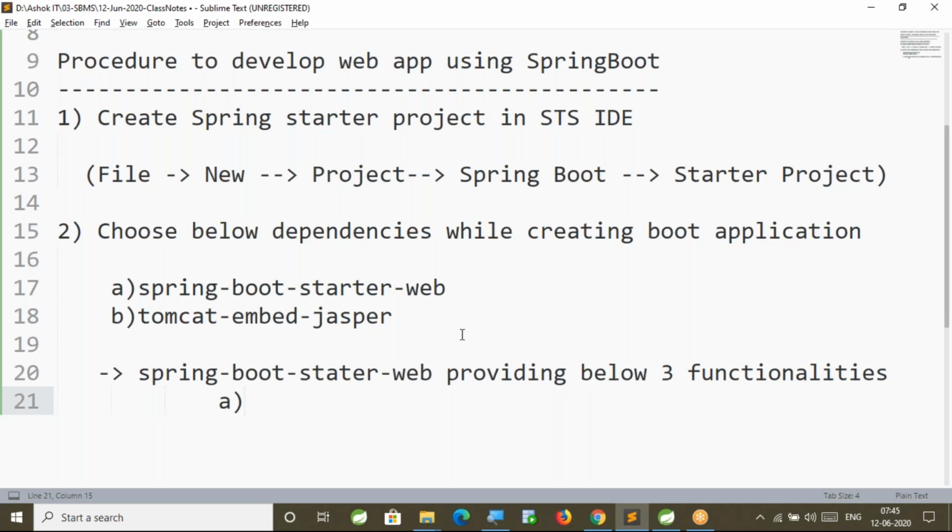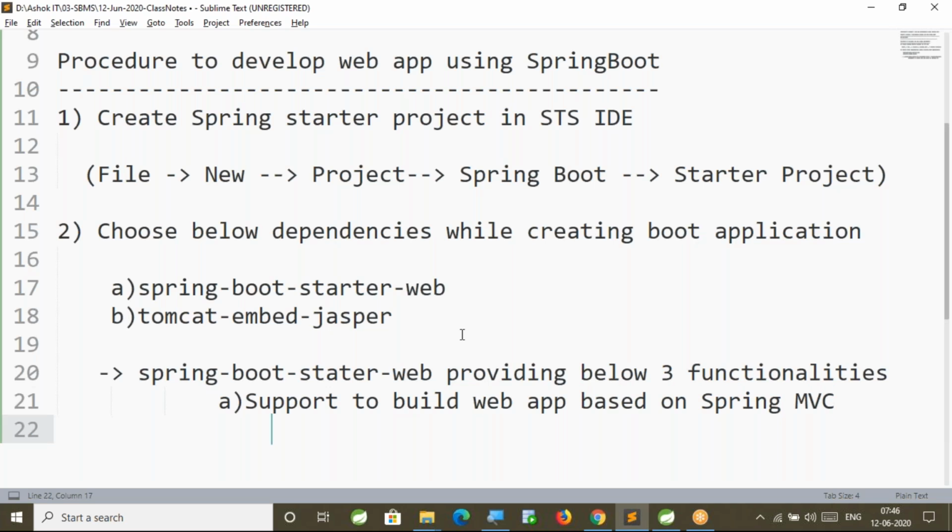Support to build web apps based on Spring MVC, and support to build REST API. It is providing support to build RESTful services. We can build RESTful services also by using this Boot Starter Web.